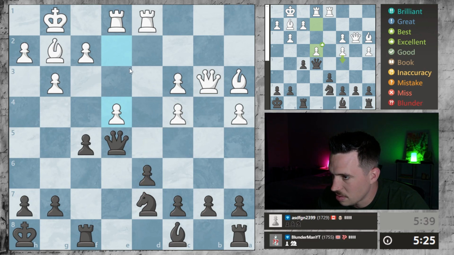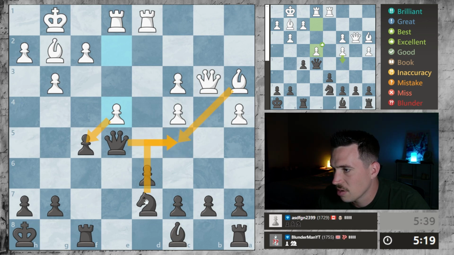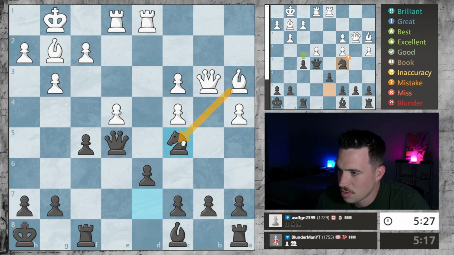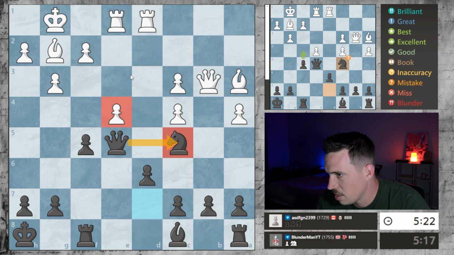Okay, so he's sacking this piece. Here, he has to take, and I take here. He takes. Okay, I'm going to do this. It's an intermezzo. Although, if he takes, yeah, I'll just go here, and then I'm not in the pin here, but then he can